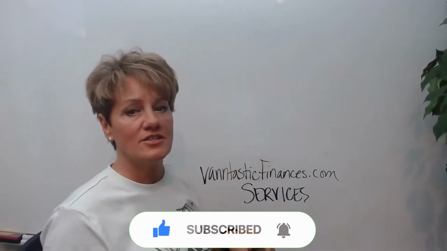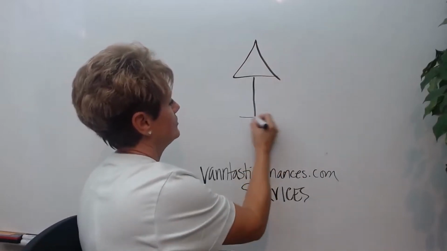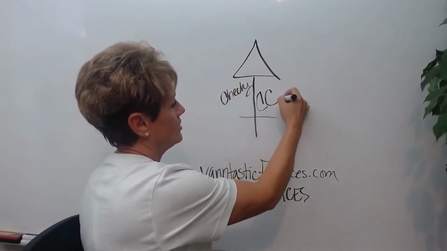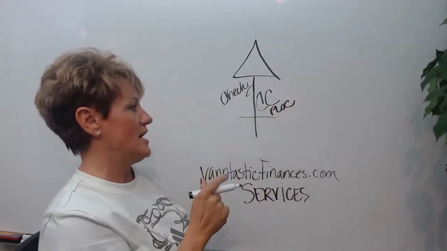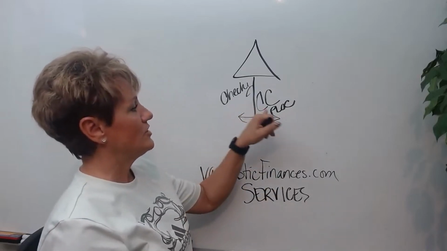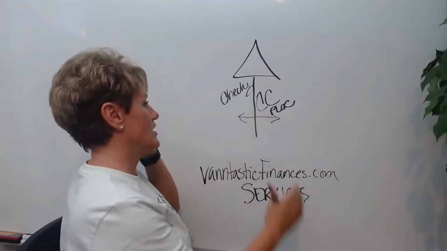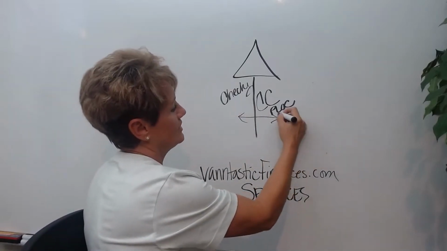Now, this is just the way my PLOC works, okay? Here's my bank. I have a credit union. Here's my checking. And here is my credit card that I used as a PLOC. Now, how did I do that? Well, if you have a link, and sometimes the banks or credit unions will link your credit card to your checking, okay? So let's say I have $1,000 in my credit line here.